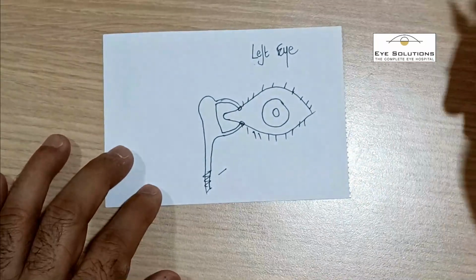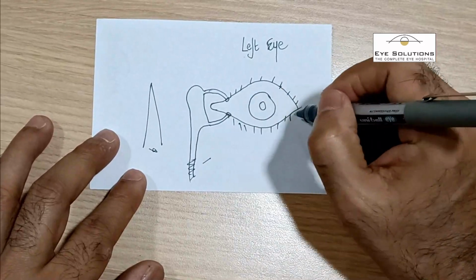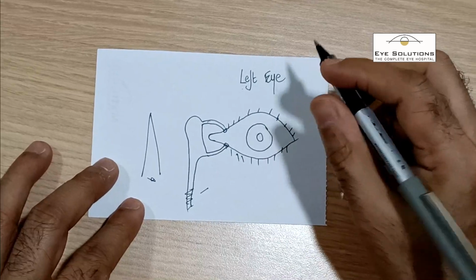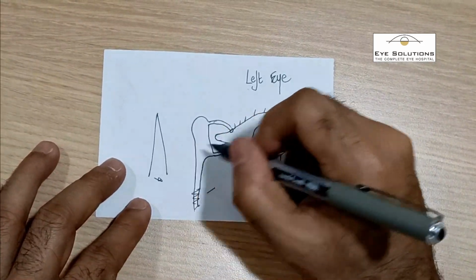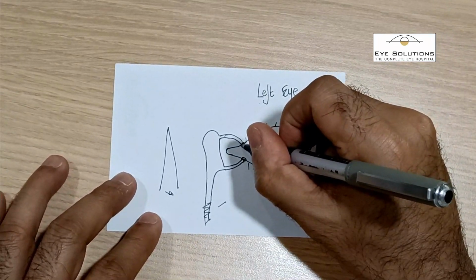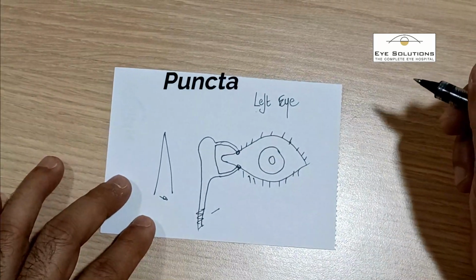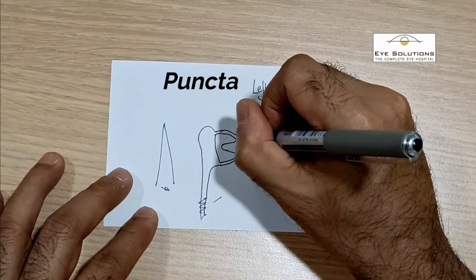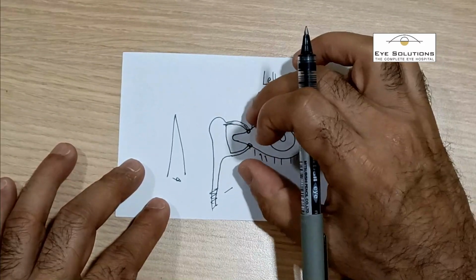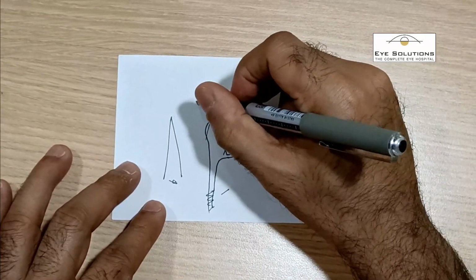So consider this diagram, and this is the left eye. So basically the nose will be here somewhere, right? And this is the black portion of the eye or the iris, and this is the part of the eye which is towards the nose. Now there are two openings on the lid margin, both in the upper and in the lower lid, and these openings are known as puncta, and these puncta will lead into a tube which is called the canaliculus. Okay, and both these canaliculi open up into this area which is called the lacrimal sac,